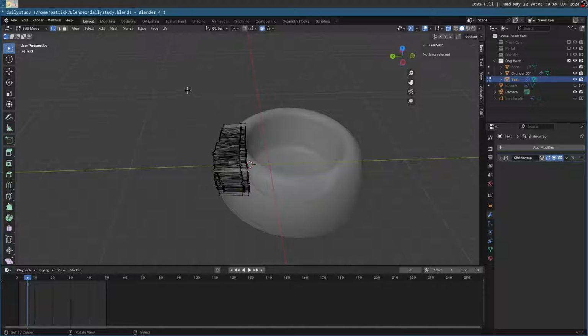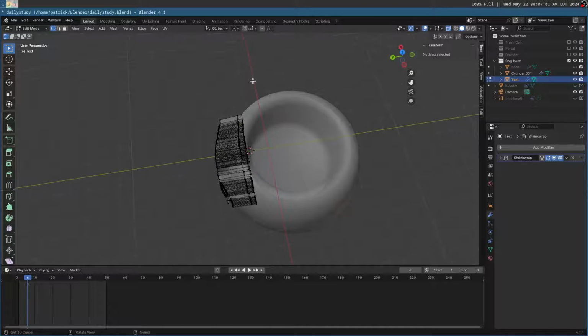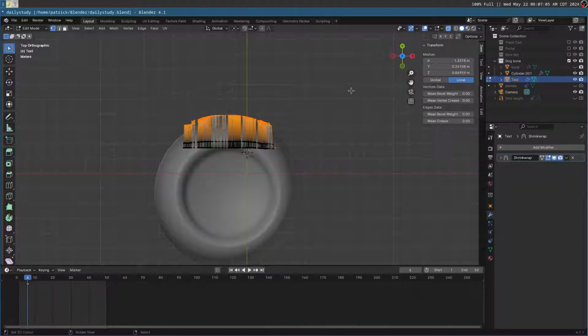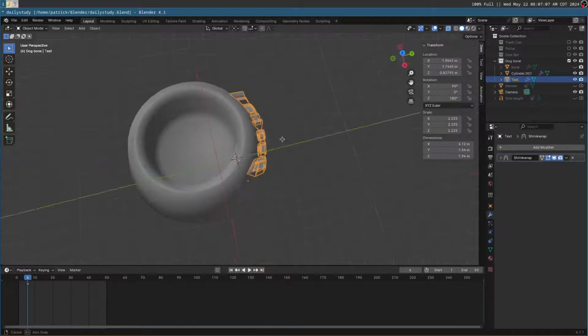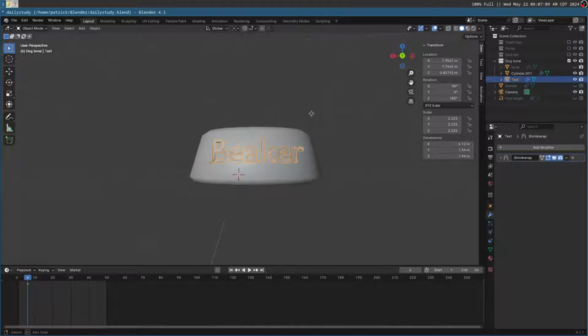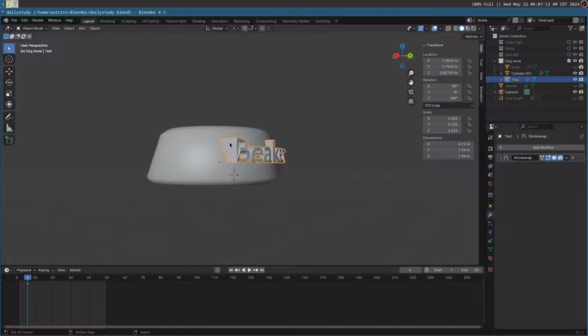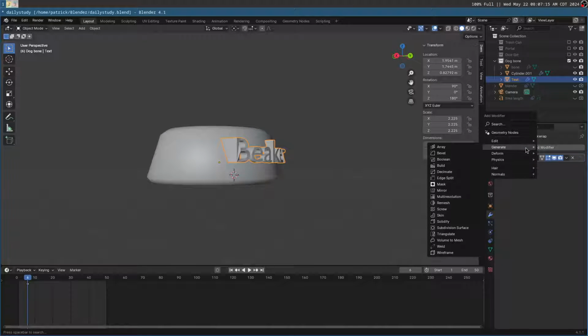Oh, and then the whole of these faces can be moved back. Okay, that's a little scuffed. Maybe if we add